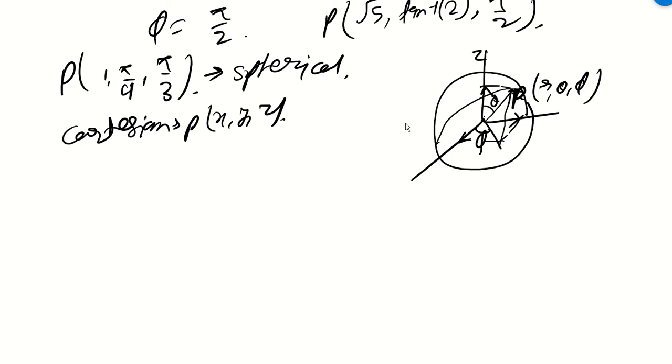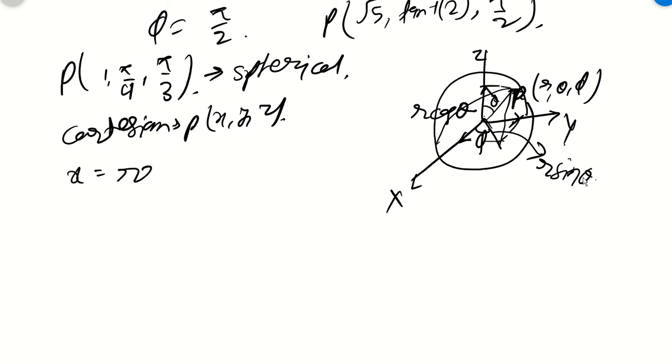So through the z axis it is making an angle theta, so the z component will be r cos theta. Now in this perpendicular length, this will be r sin theta, and from vector component principles we can find out the x component and y component. So x component will be basically r sin theta cos phi. So see, deriving the values is very easy. Instead of memorizing the formula from spherical to Cartesian for x, y, z, that is not required at all. So you have to just do it.